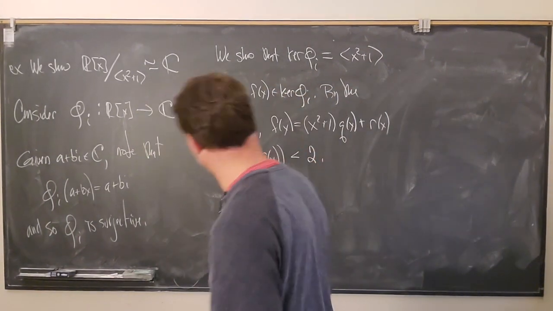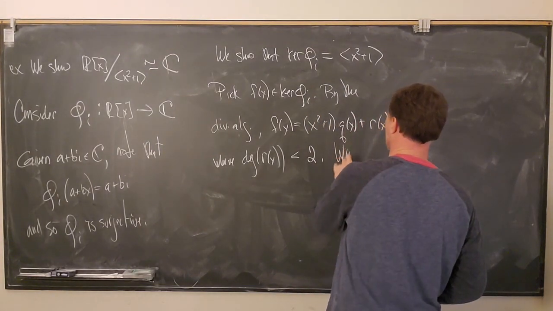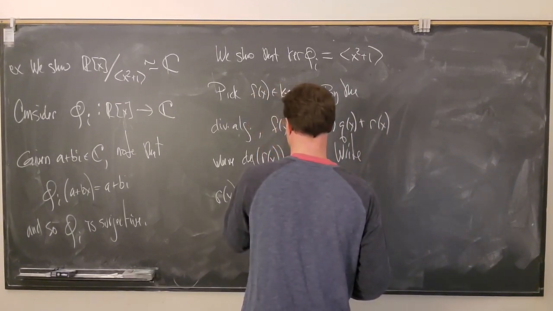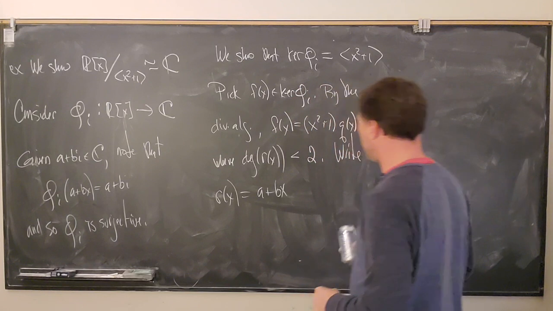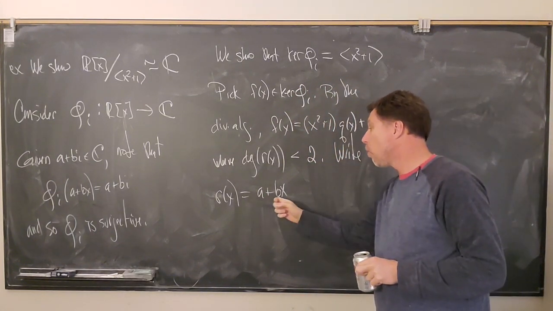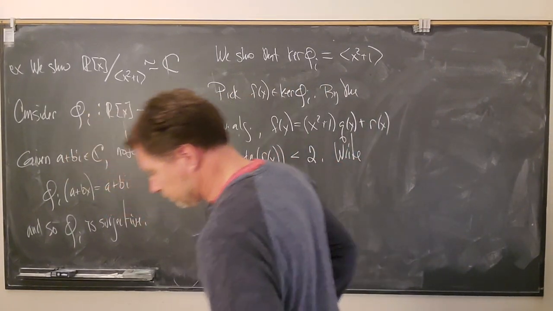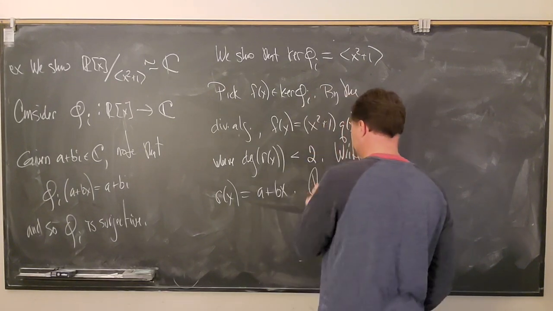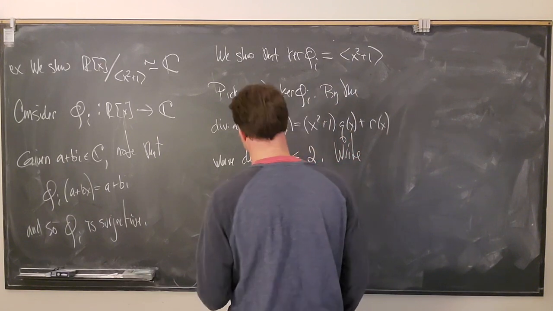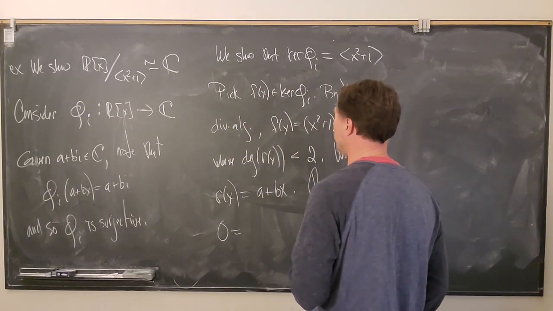Okay, so what does that mean? That means that we can write r of x equal to a plus bx, where it's possible that one or both of a and b are equal to 0. That's fine. So then, what? We know that when we plug alpha into our polynomial, we get 0,